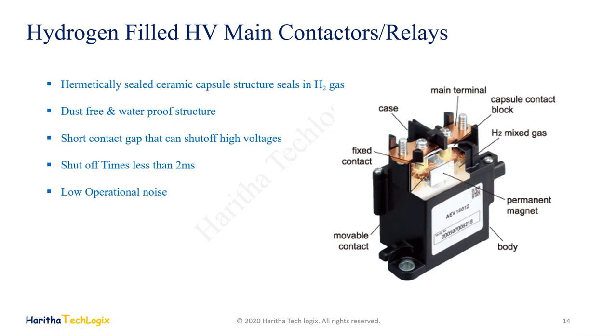The high voltage relays, which we use in high voltage electric vehicles, have many special characteristics. They have a dust and waterproof structure, and these relays have to operate very fast as they are safety critical components. They generally need to operate in around 2 milliseconds or less, and very silently as well. The moment the electric vehicle control unit detects a problem, immediately these relays are controlled to open the circuit, thereby disconnecting the high voltage battery and all the other components of the electric vehicle.